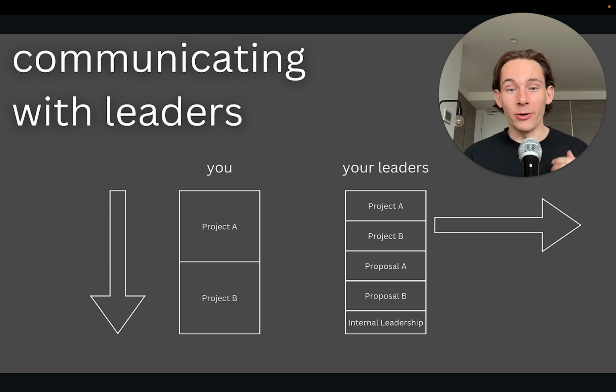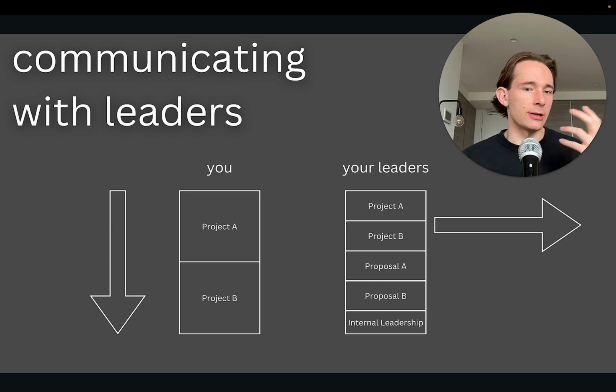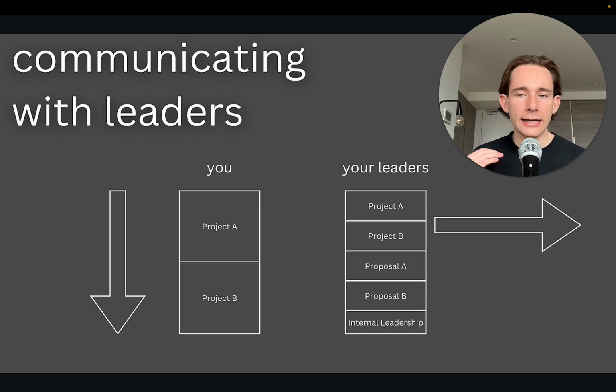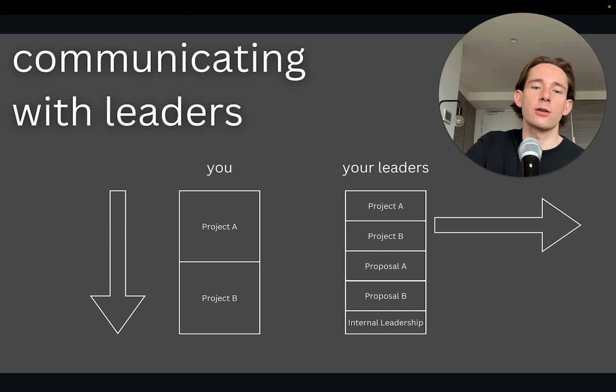Pro tip, you probably want your manager to like you. And you're just going to be able to get answers to the things that you need answers to quicker. You're going to be able to get things done quicker. You'll be more efficient. You'll have more time, yada, yada, yada. I think it's fairly self-explanatory. So keep that in mind this week and weeks going forward. A simple technique that you can use to be a more effective communicator.